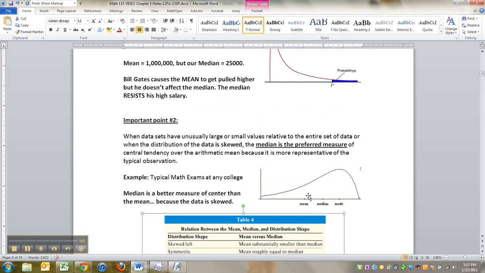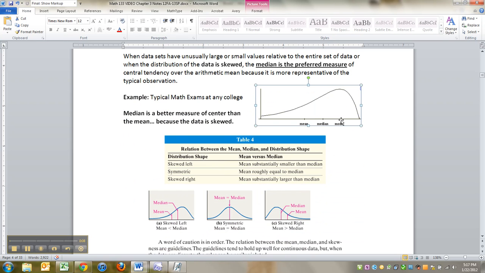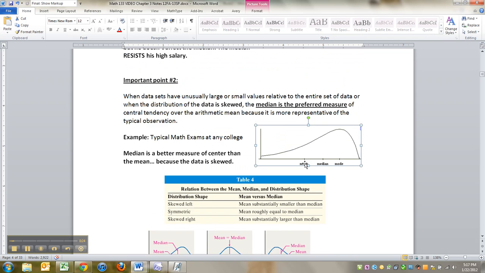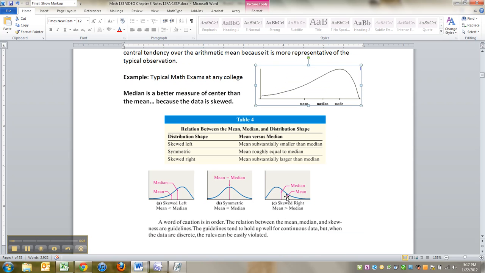Now, this image I grabbed from the internet to explain this particular example that I made up shows the other issue right here, which is the mean, the median, and when we get to it, the mode, which we'll talk about later. This is a skewed left distribution, and because it's skewed left, the mean gets pulled towards the tail. So in a skewed left distribution, the mean will be less than the median, substantially less, right? In a skewed right distribution, the mean will be substantially more, and if it's bell-shaped or symmetric, they should be